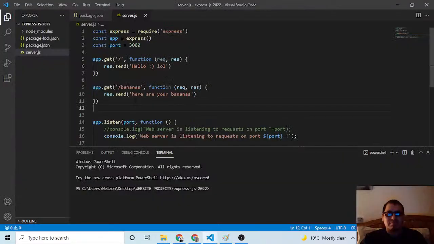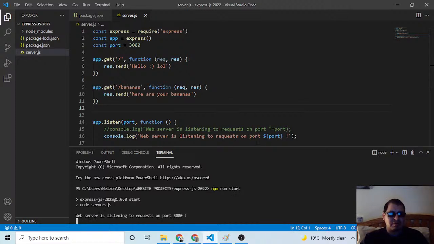Okay, so let me run this. In order to run this program, I need to npm run dev start. It should come on. Yeah, web server is listening to the request on port 3000.